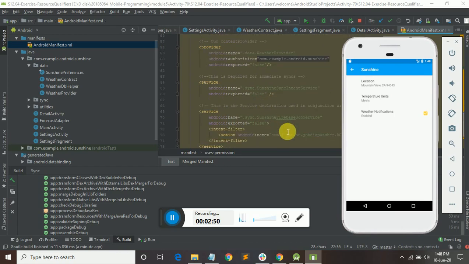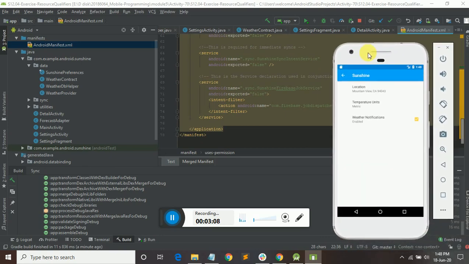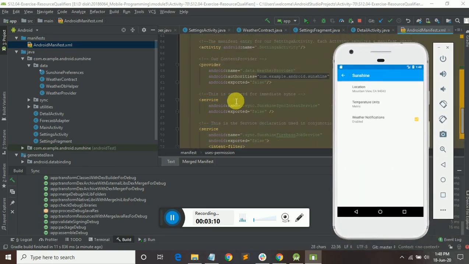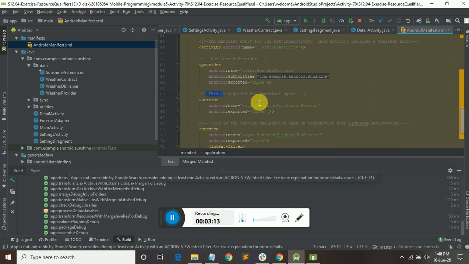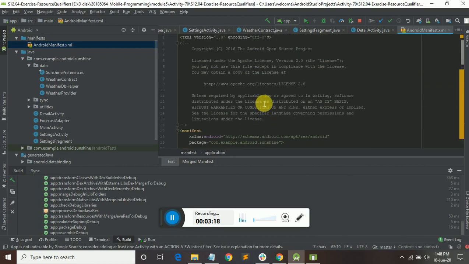And service, what is the main purpose of service? We are taking this from the Firebase job service, the Sunshine database where the weather data is stored. We are taking from that, so the data is taken from the Firebase database. Here, these are comments. With these comments, we did this project daily, based on the to-do list. Based on the to-do list, we did this project. So we can see a lot of comments on what the app is doing.